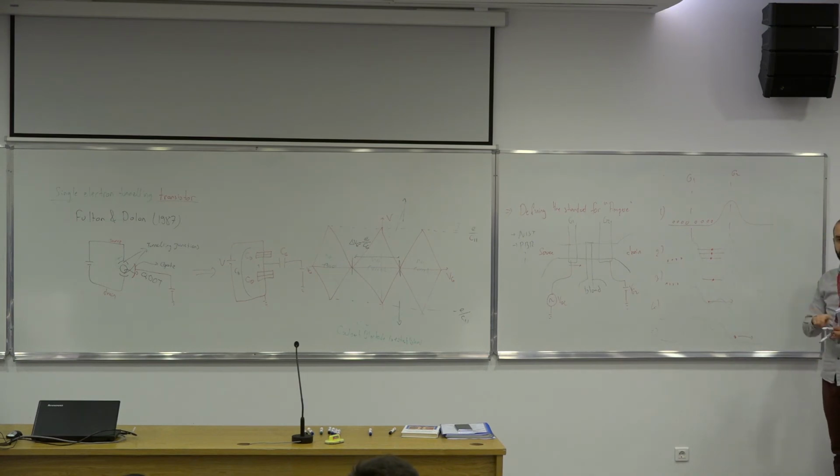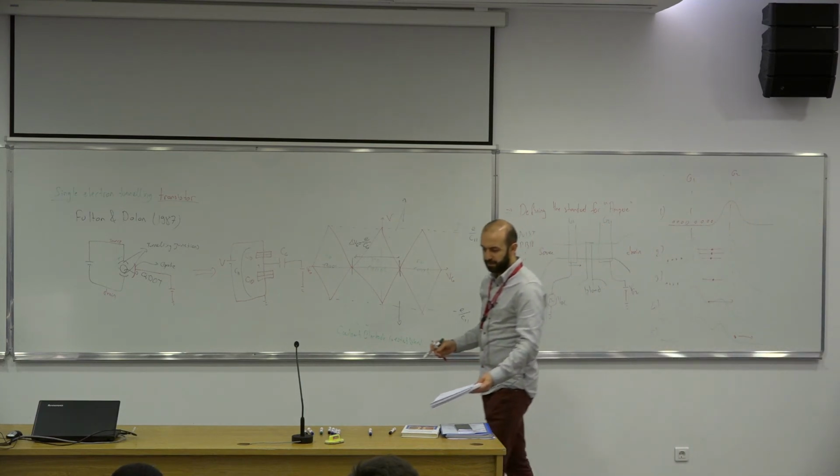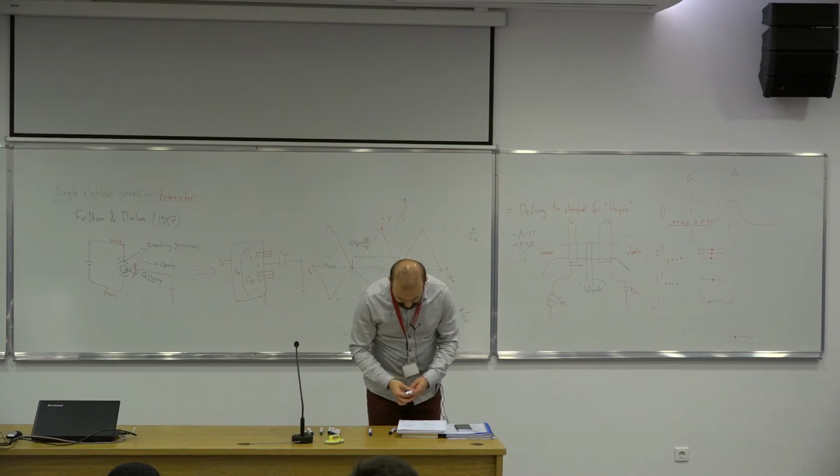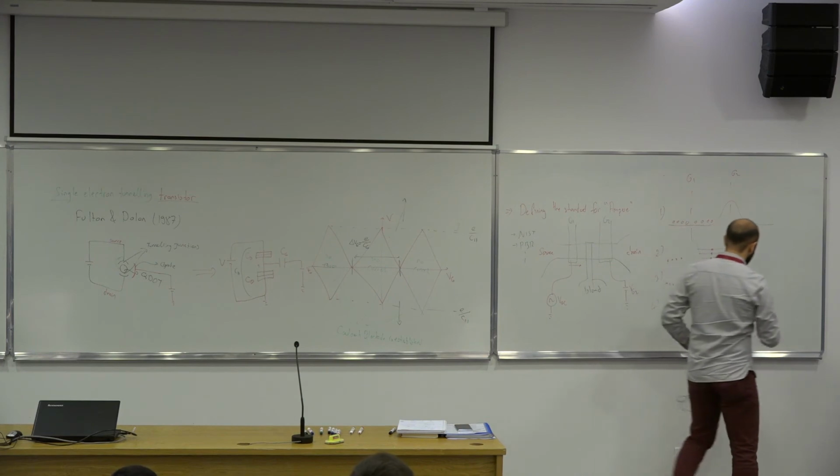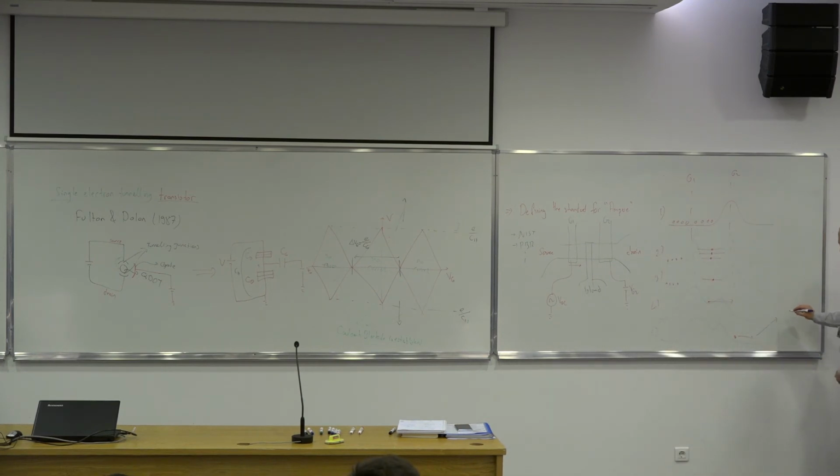So you can do this at a very fast rate. Indeed, in the experiments for defining the standards, they transfer, I think, something like 10 to the 8 electrons per second. Okay, so 1 ampere is about 1 over 1.609 times 10 to the minus 19